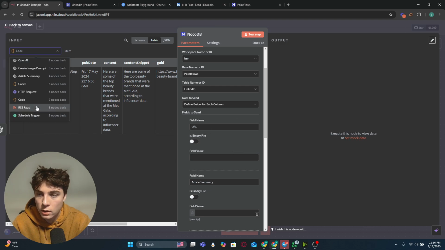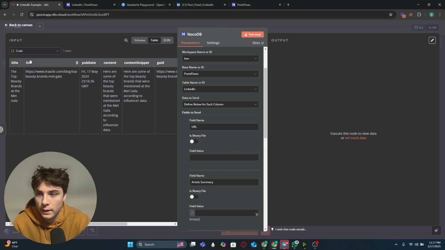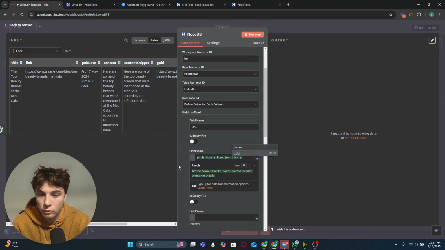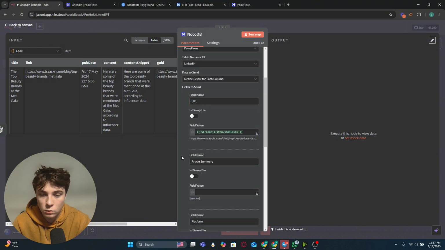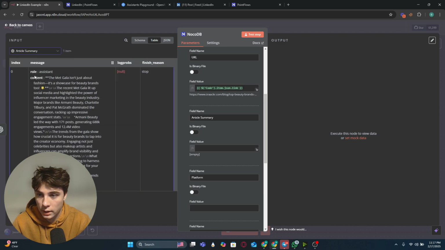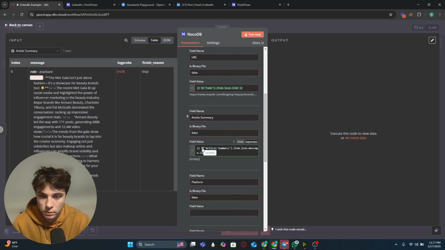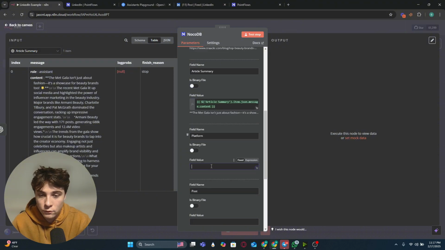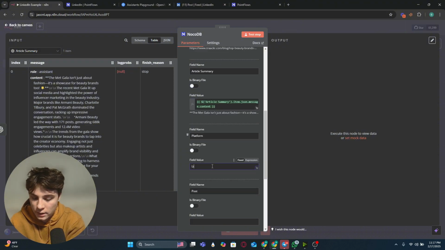So for the URL, we're going to go to the first code node that we made and put the link in right there. That's the blog link that we're pulling from. For the article summary, we can go to the article summary node and just pull over the content and put it in right there. For the platform, we're actually just going to keep it fixed, and we're going to type